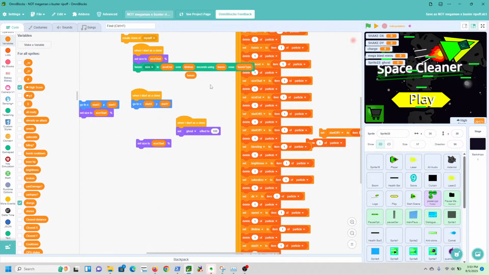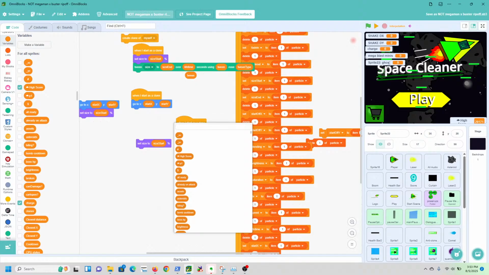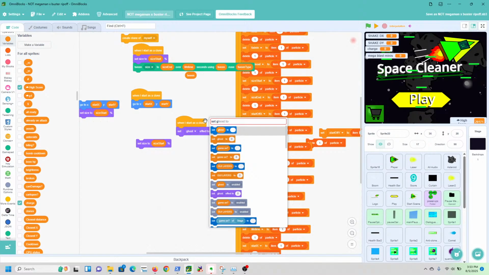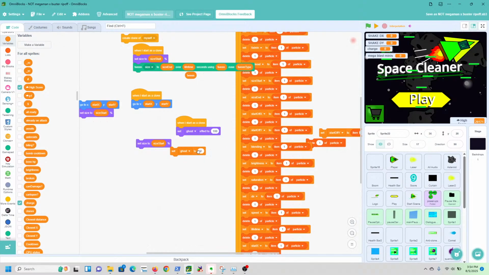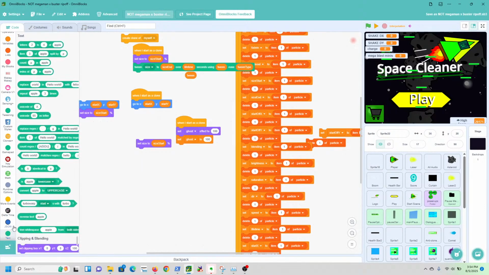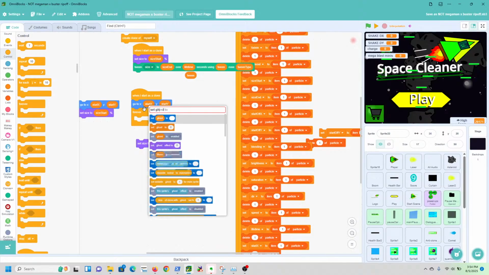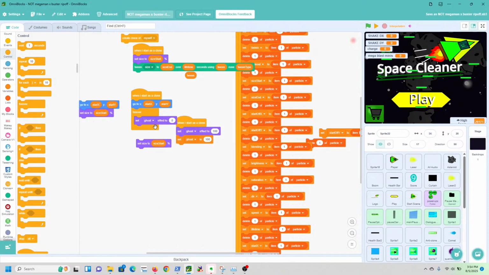Set ghost effect. I have the ghost variable. I don't want this to show up in here, so stop showing up in there. Set ghost. I need to set the variable ghost. Set it to 100, and then for the fade in, I'm gonna have to tween. I don't need a forever block. Set ghost effect to ghost,